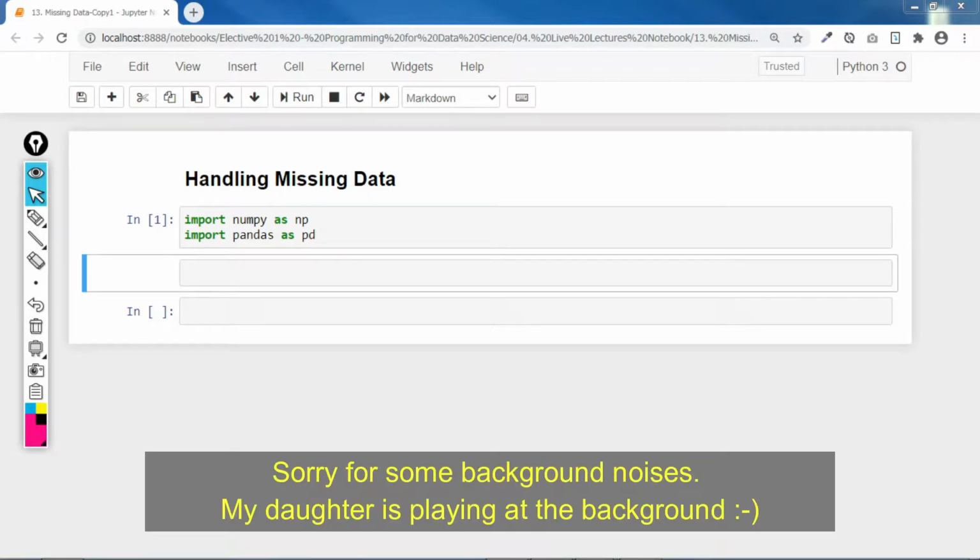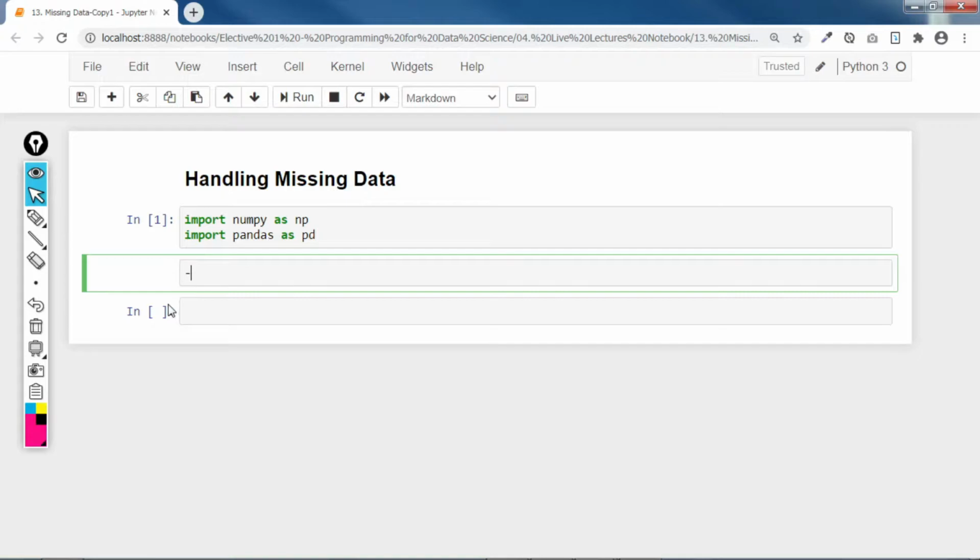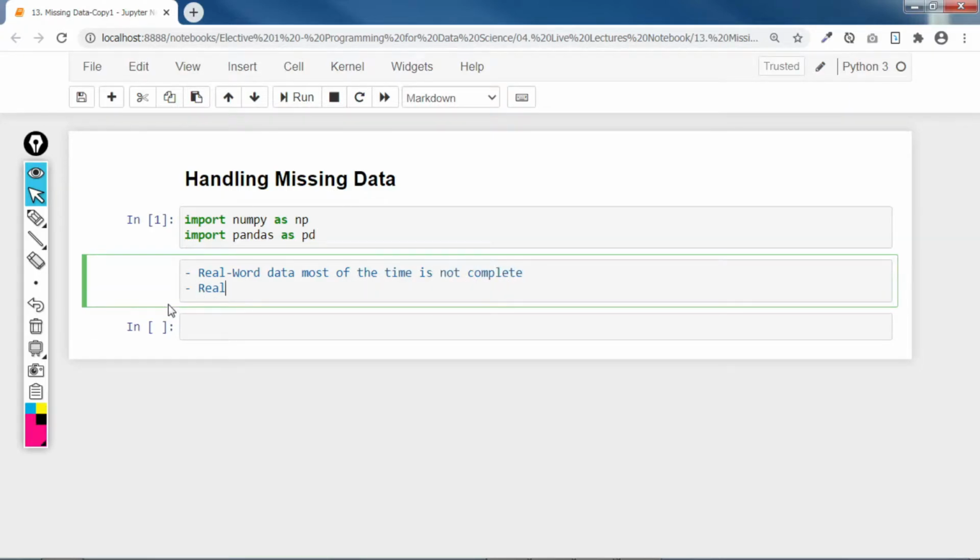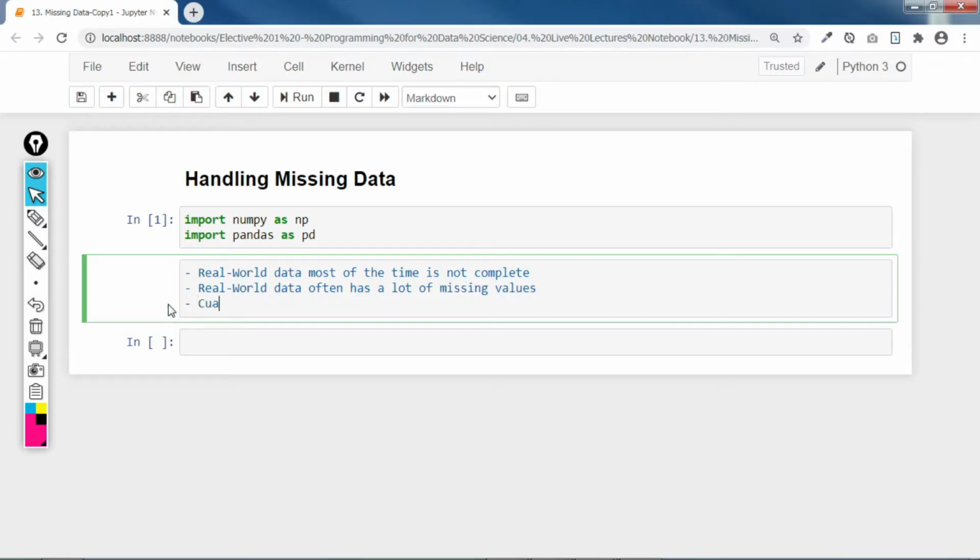So for this lecture, I will teach you how to handle missing data. What are the reasons why we need to handle missing data? First, real world data most of the time is not complete. Real world data often has a lot of missing values. That's for sure. So the causes